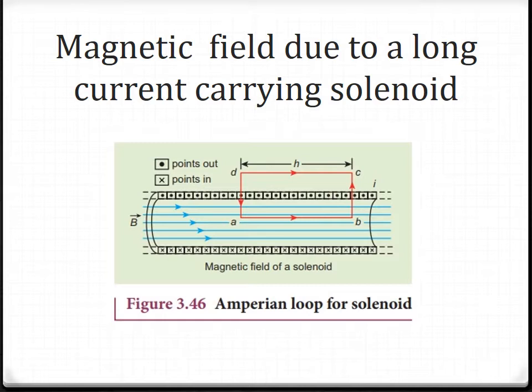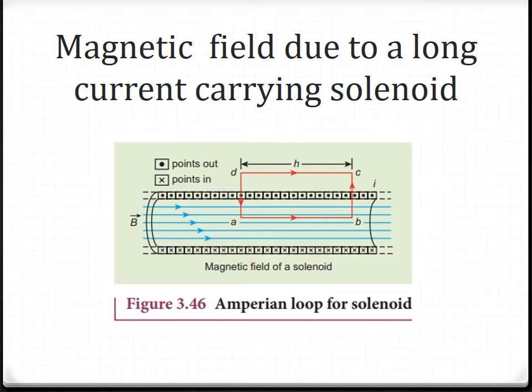In order to calculate the magnetic field at any point, a solenoid is given here. We need to know the magnetic field at any point, wherever we place it. For that, a derivation based on Ampere's circuital law, which we saw earlier, has been given. Take your book, page number 164 and 165. Since I cannot do it on the board in class, I am doing it in this PPT itself.